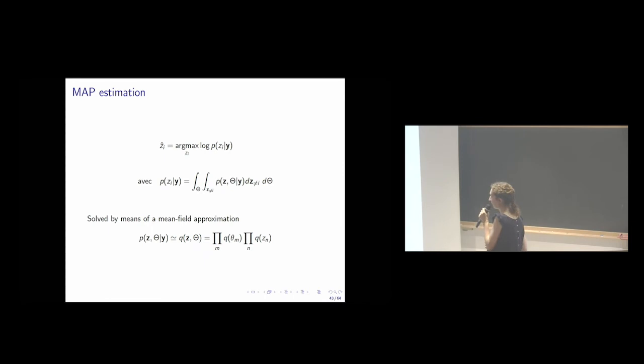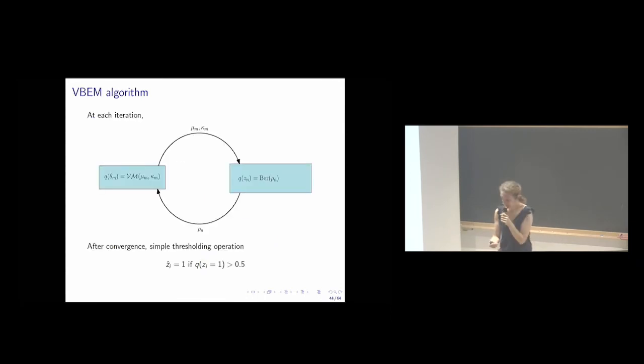Okay, then I need a Bayes estimator. I assume I have the same problem with the same mean field approximation, and my algorithm will iterate between all these factors, updating them one after the other. What's different here is that, a posteriori, we get a distribution over the entries of the DMD, which are Bernoulli also,